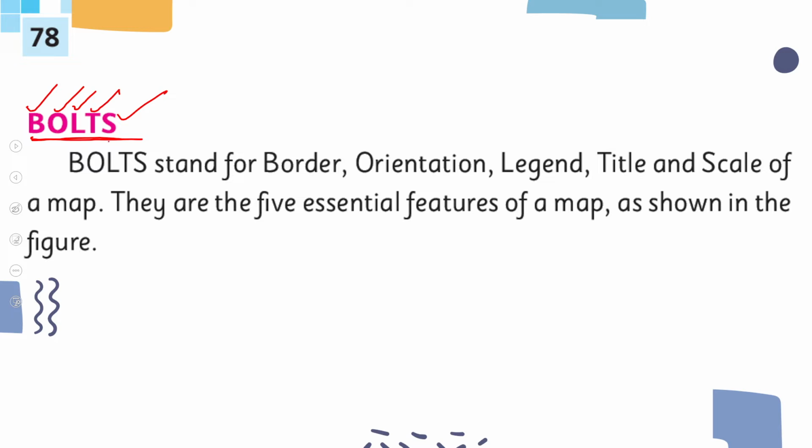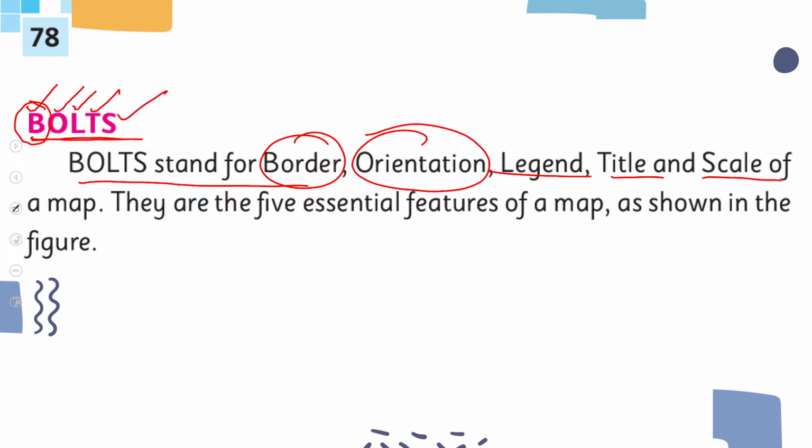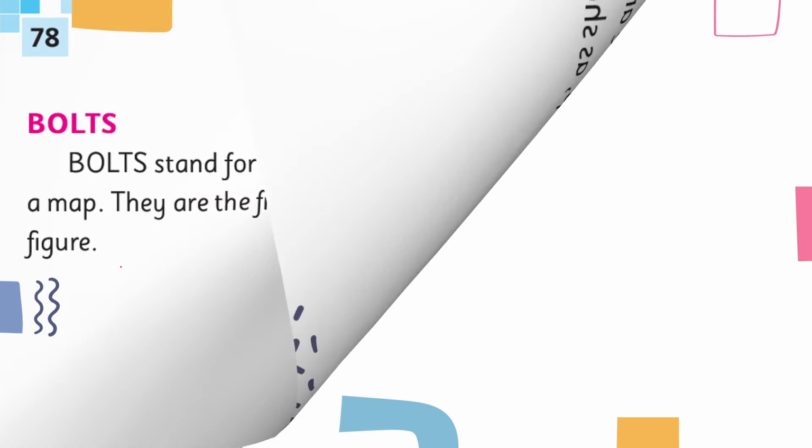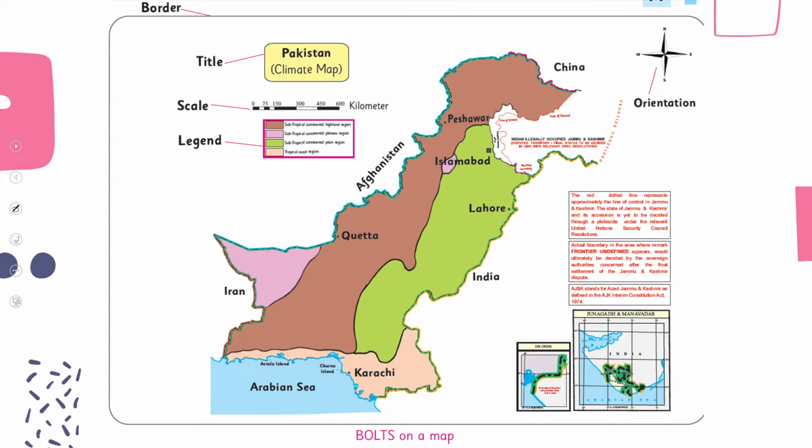So see, all these elements, this is their abbreviation. We have not yet read about the border. We will discuss the border today. BOLTS stand for border, orientation or direction, legend, title and scale of a map. They are the 5 essential features of a map as shown in the figure. So here's the figure: border,